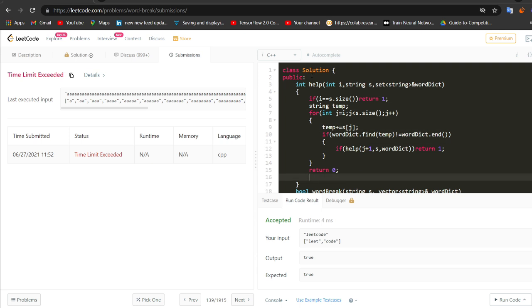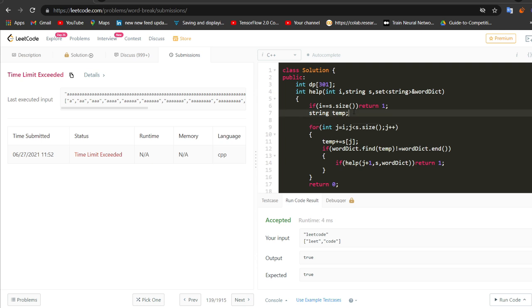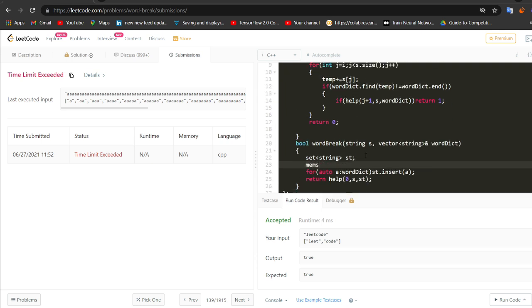So I can just create a DP array, and the DP array will be of size maximum 300 because these are the constraints given in the problem. So we can make it 301. Then we can initialize this DP with -1, using memset DP -1, size of DP.